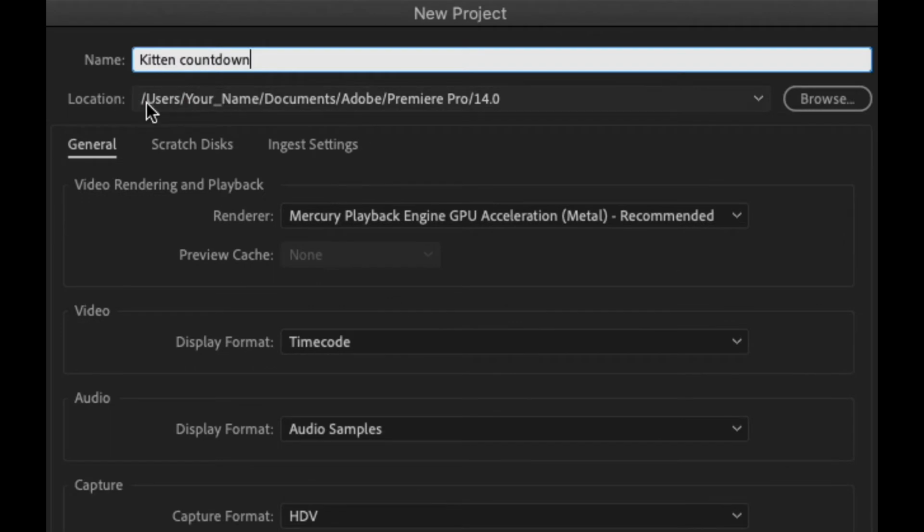And right here where it says location, this is the really important part. You don't want to save this in this really weird place under Documents, Adobe Premiere Pro, whatever. This is particularly important if you're using a laptop because the project files are going to get really, really large and it's going to take up space on your drive. We want to move this project over to our Kitten Countdown folder that we created in the Time Arts folder of our external drive. So click Browse here